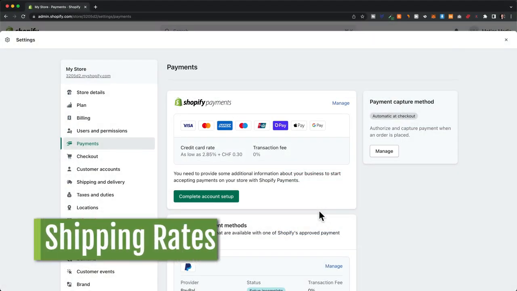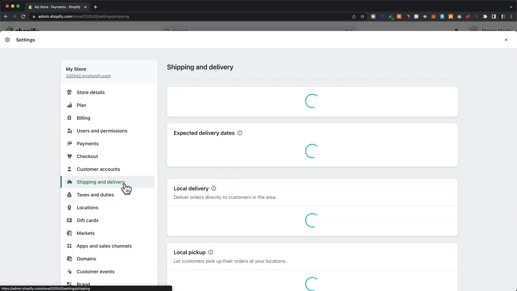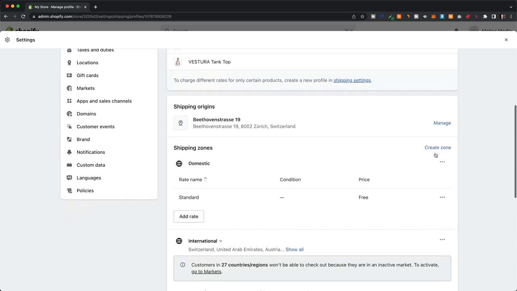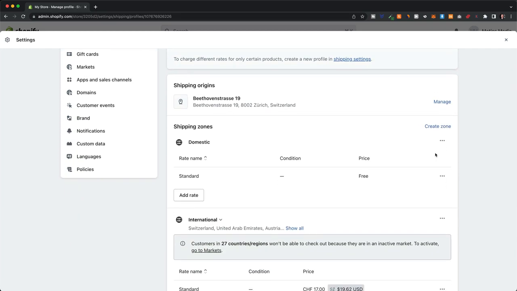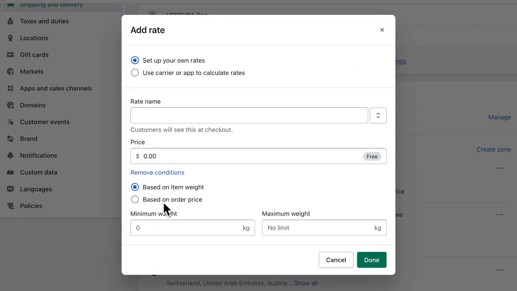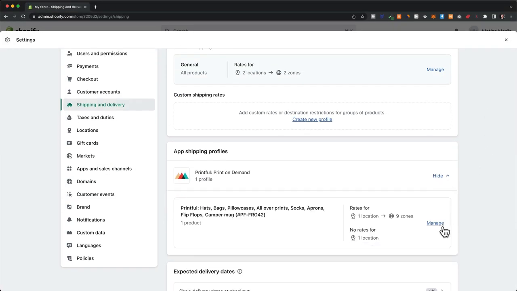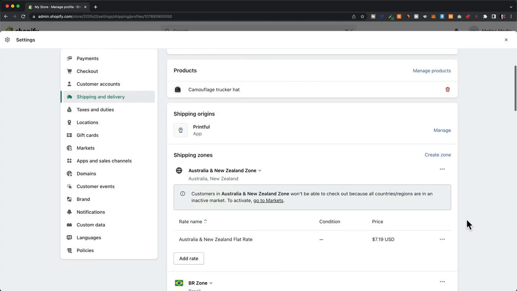We also want to make sure to set up our shipping rates. So let's go to Shipping and Delivery. Here we can set up different shipping rates based on the regions we're shipping our products to. And we can also add a dynamic shipping rate based on the weight or the price of the product. If you have imported your product from a third-party supplier, then there might already be a shipping profile set up